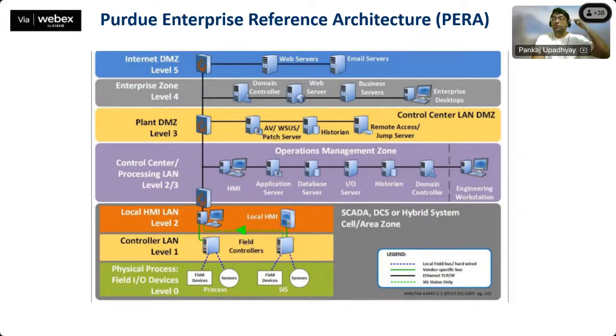Then we have another level, the HMIs, human machine interface. You can keep a local HMI that sends traffic to another HMI. That's how we can segregate. So that is level two. Beyond that we have level three. There is also level 2.5 in this kind of OT network segmentation as per Purdue.